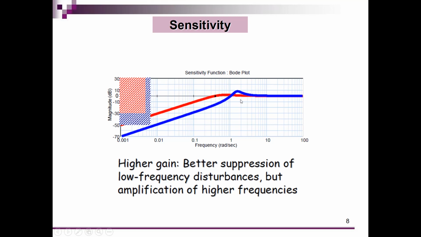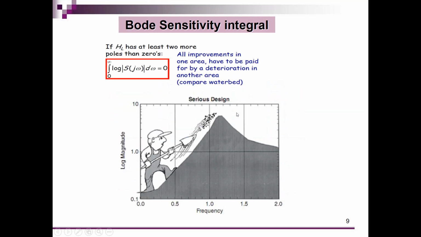So that is not what we want. That is all caused by what we call the Bode sensitivity integral. The Bode sensitivity integral is this expression for a system which has at least two more poles than zeros. And it says that when you suppress the disturbances even more, so when you have a higher amplification over here,